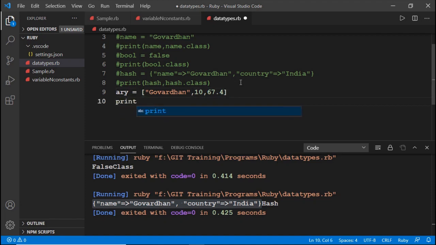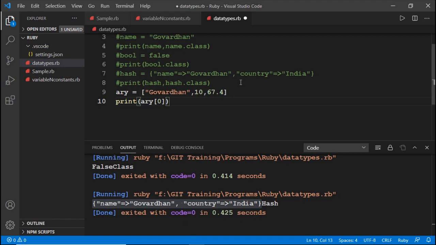Now print the first indexed value, that is ary of 0. So 0 is my first index, ary of 0, which means it is going to print Govardhan on the output screen.